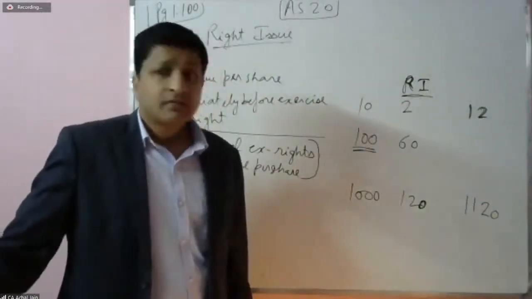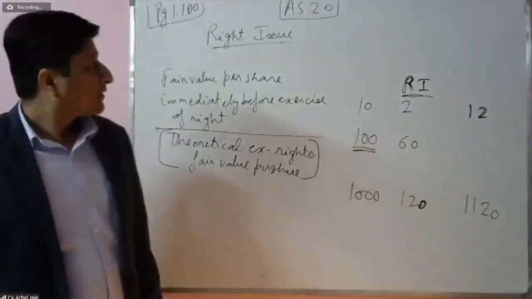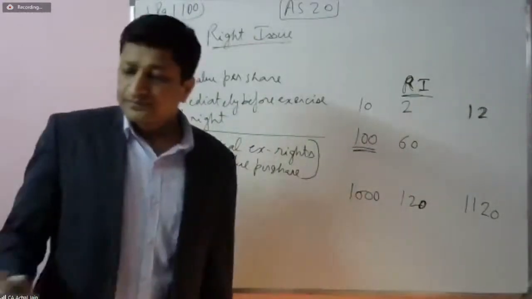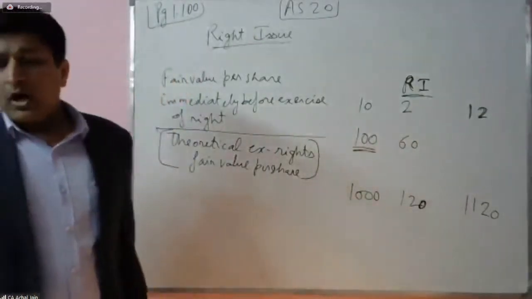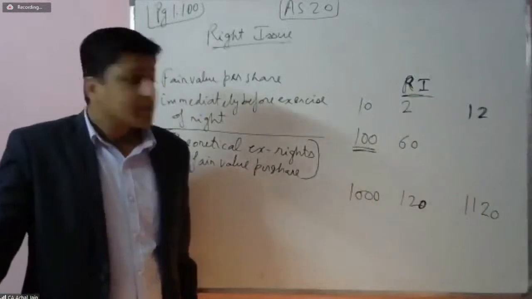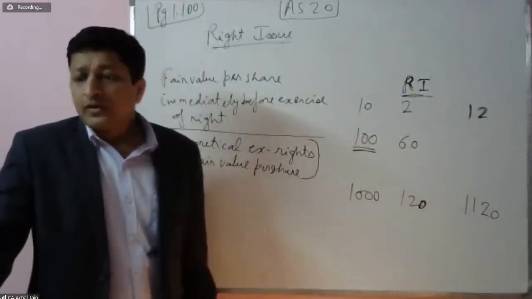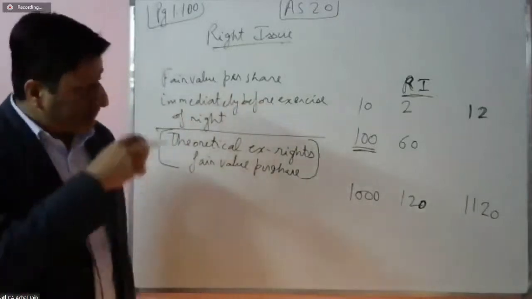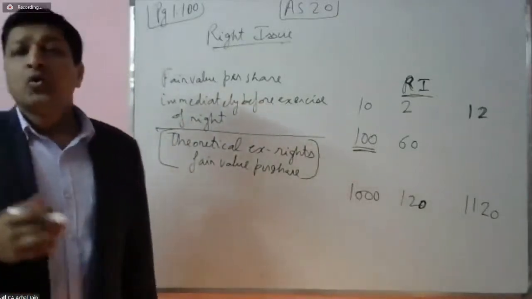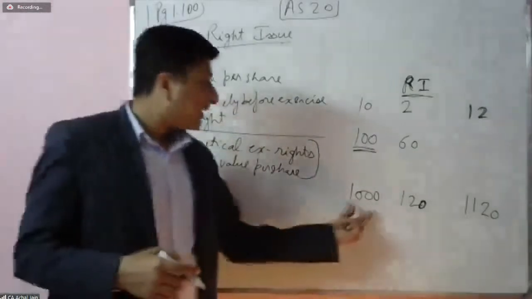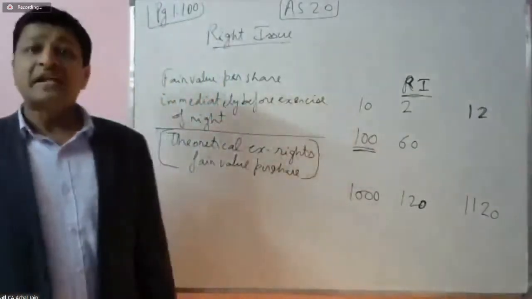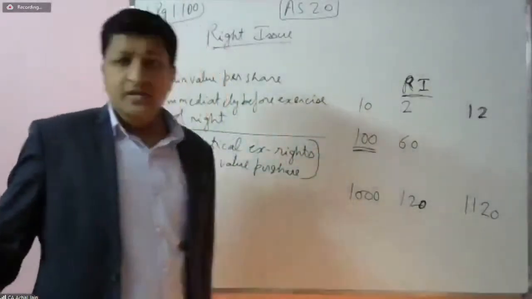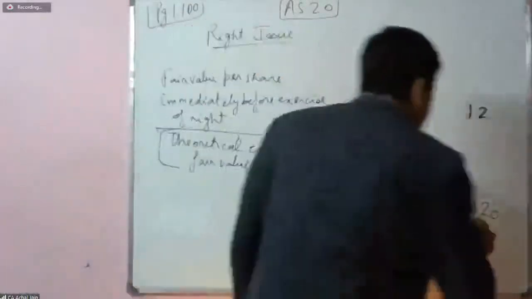Let's understand how we compute it. That is the fair value of shares immediately prior to exercise of right. What is the fair value of shares immediately prior to exercise of right? 1000, plus the total amount received from the right, 120. So that means 1120,